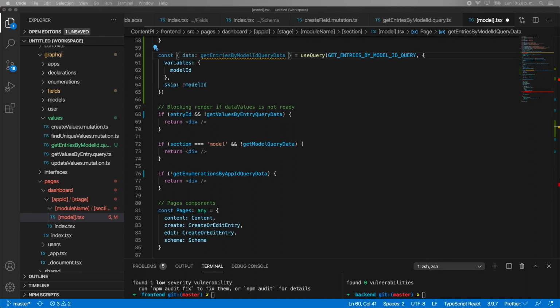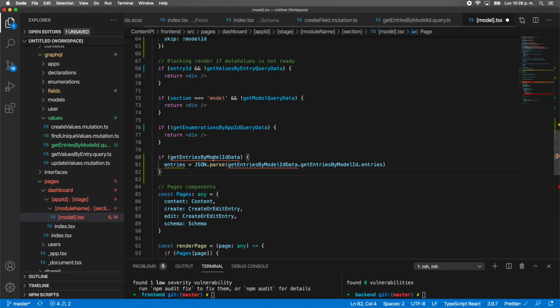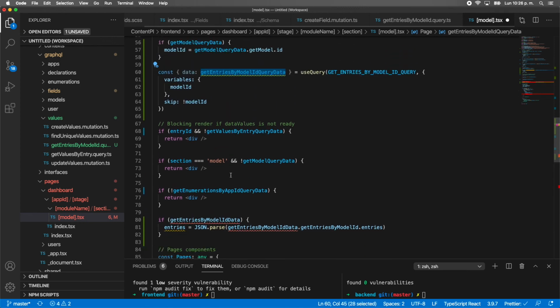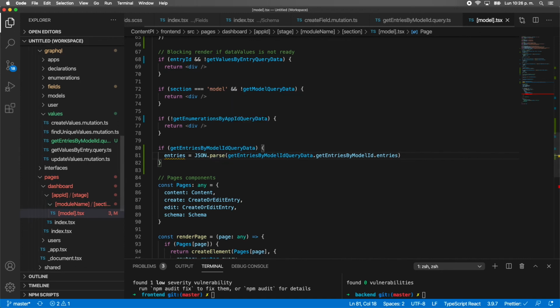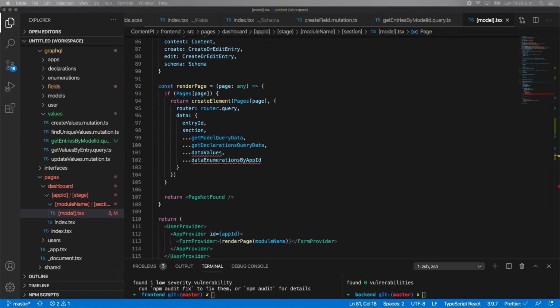And then we need to add a validation right here saying if get entries by model ID query data, if we have that, then we parse. Do you remember that we are saving the entries as a JSON.stringify, right? So in here, we are reversing that and we are parsing the JSON. So now we can pass the entries to the component